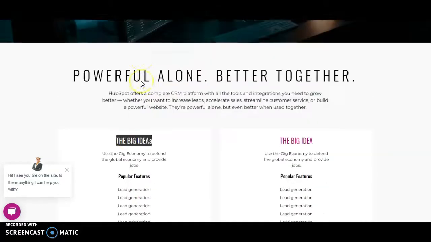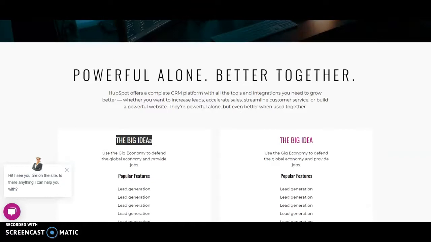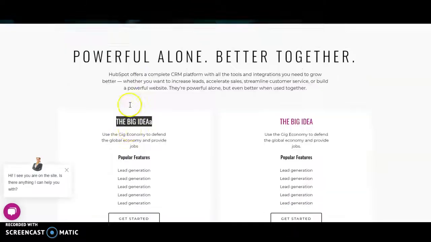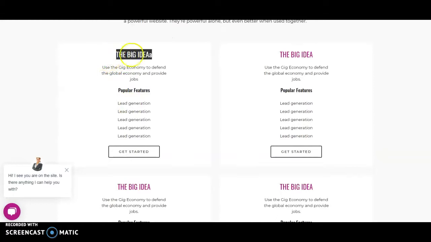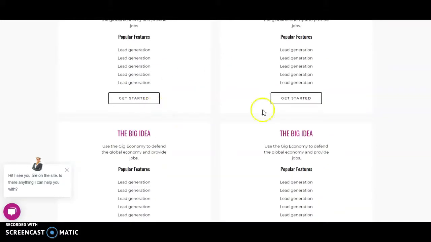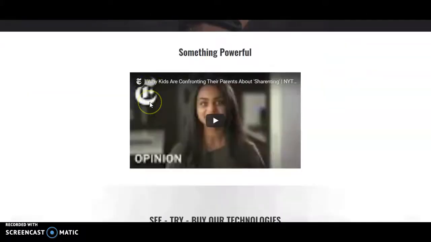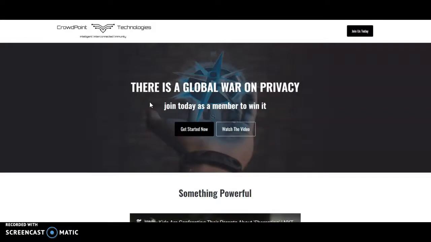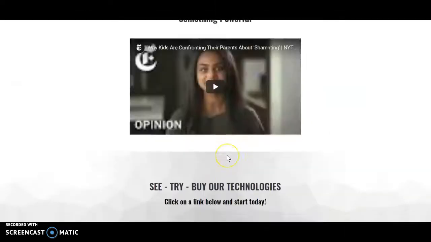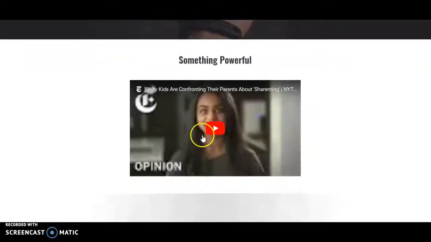Each of these cards will have the heading for the stakeholder that we have created this card for. We still need to get the proper content for all of these pages, but we will have the name of the stakeholder and some description and one or two features that we want to highlight. They click on this, so we'll have like 4 or 5 of these cards here. Once they click on it, it goes to a page which looks like this. Again, there will be a heading, a CTA which takes them to this section, and a CTA which takes them to this section to play the video, right?